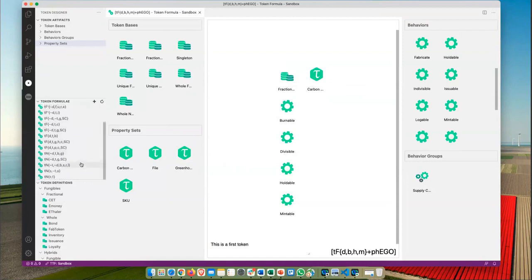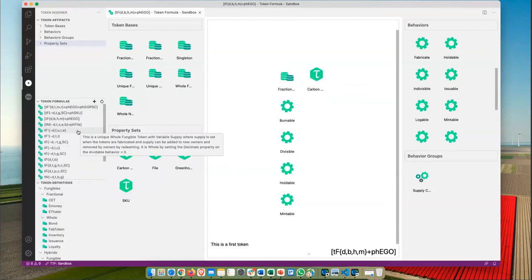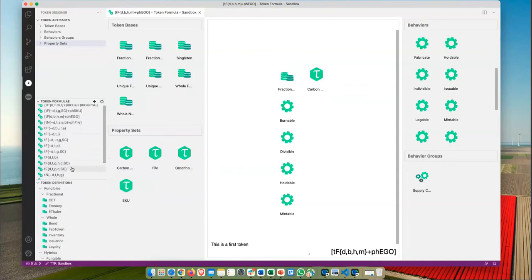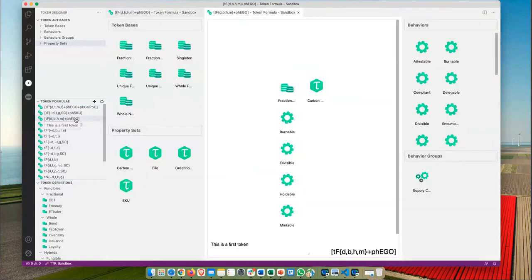That will be the top. Let's see if we can find it. I think it's not this one. It's this one. This is our definition, and this is my first token.